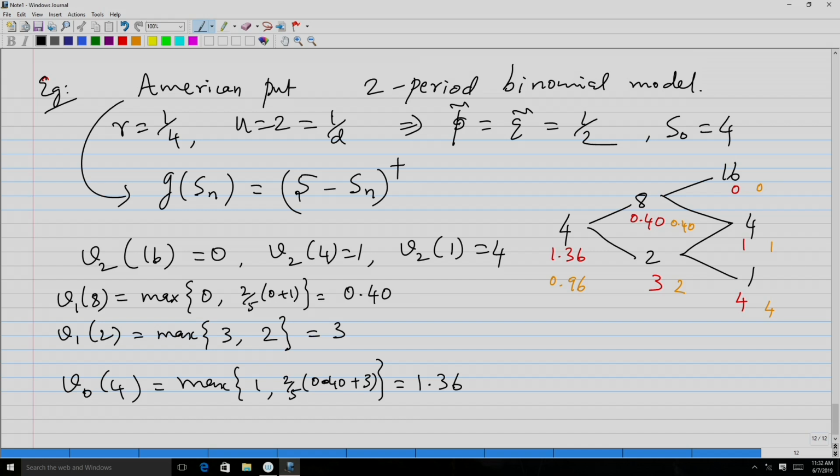Now, this also tells you when to exercise an American call option or American put option, in this particular case when to exercise the American put option. If I look at the down node at time 1, what this tells us is that the American value is 3, but the corresponding European value is 2. So that means if I am the holder of this option, if I have the long position in the option,